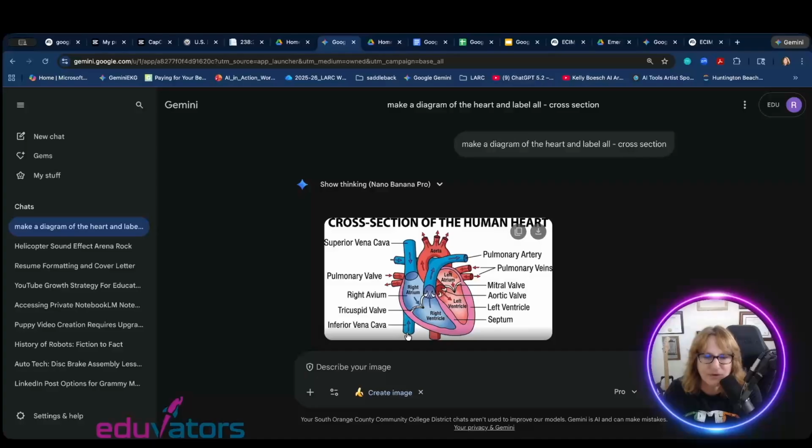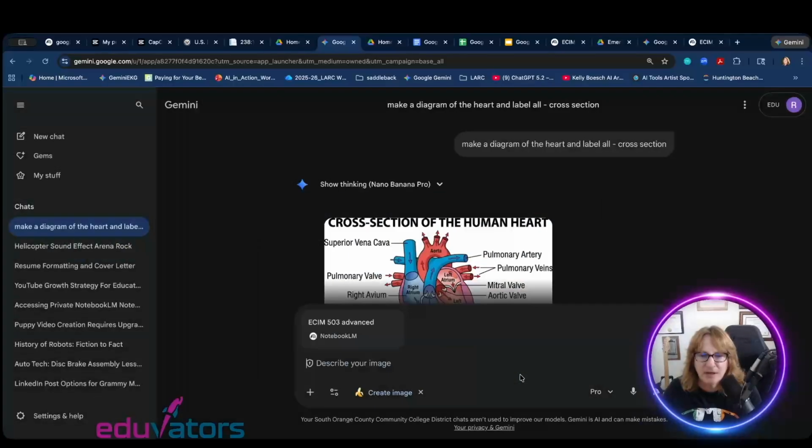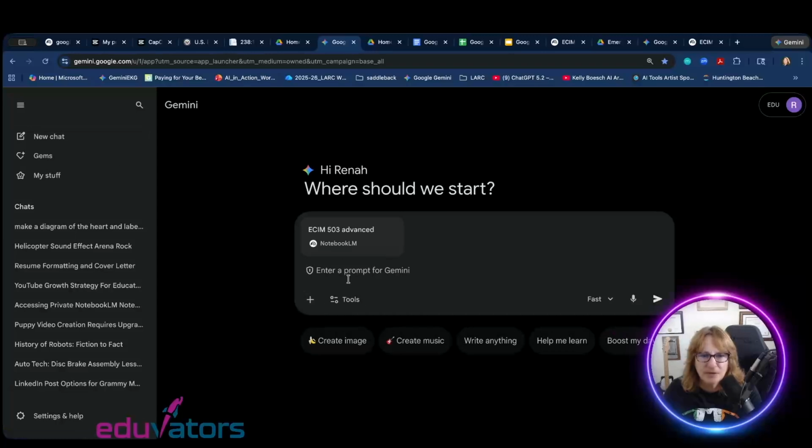I can ask for different styles like realistic, or give it a reference image using the plus sign, or I can upload files, or I can reference my Google NotebookLM. Talking about Google NotebookLM, that's worth going over because, first of all, as an input, I can input something from a syllabus, add that, and actually I'll do a new chat to do this. A new chat, have my notebook,